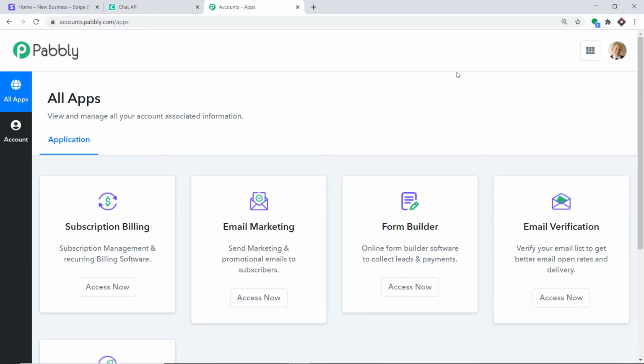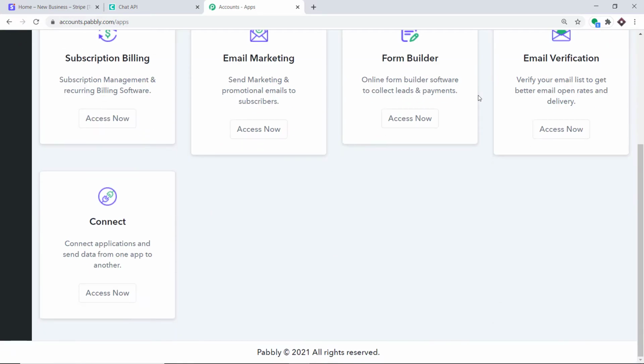You can also build your own free account in just 2 minutes. Here, I would like to mention one more thing: Pabbly Connect offers a plan where this integration can be tried out absolutely free. You just have to clone the template of this workflow, which is available in the description box. Once you clone the template, you will get immediate access to this amazing workflow in your account. Scroll down and here you will find Connect. Just click on access now.